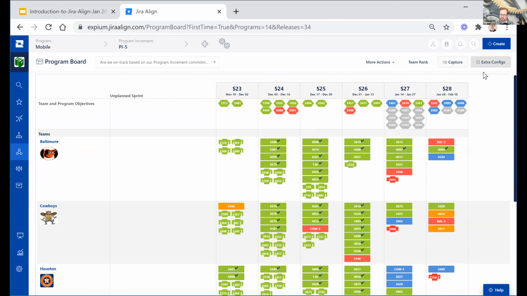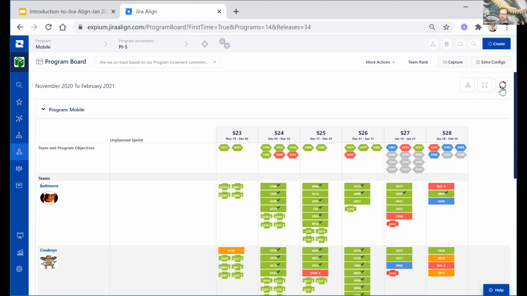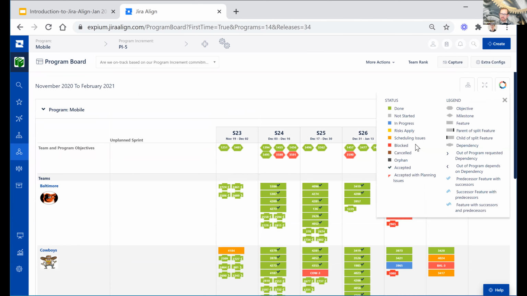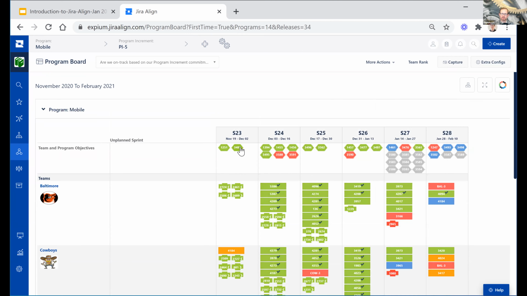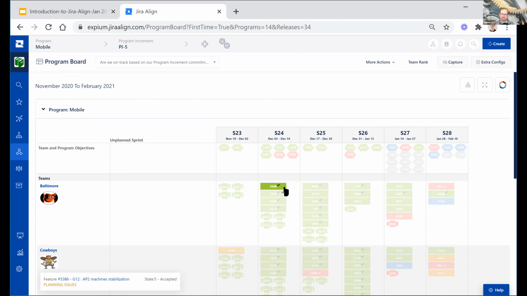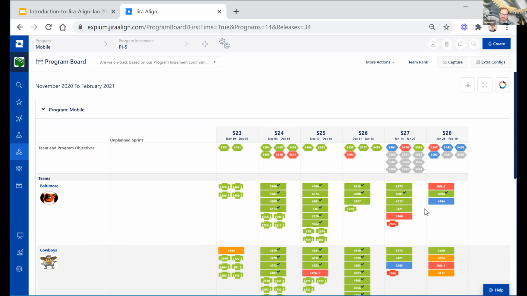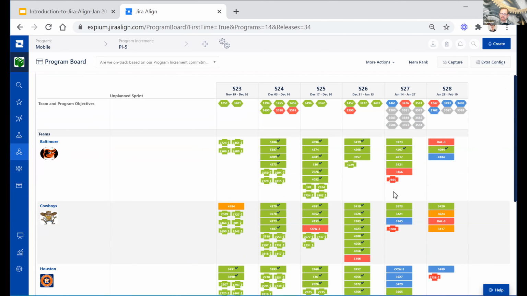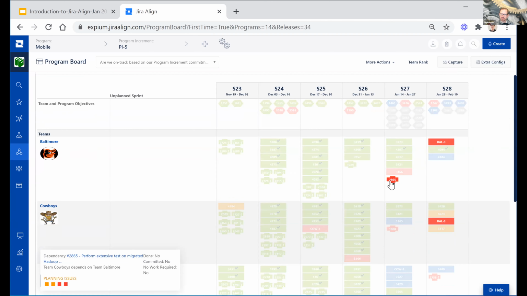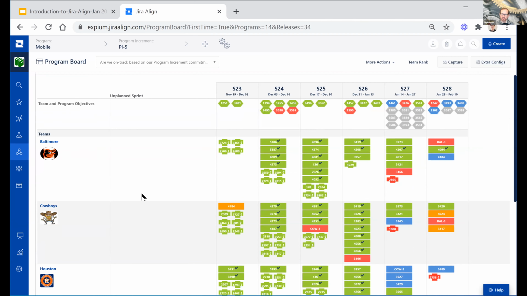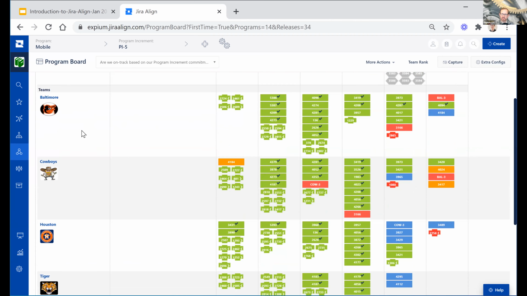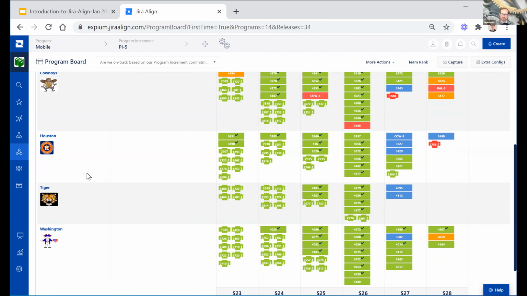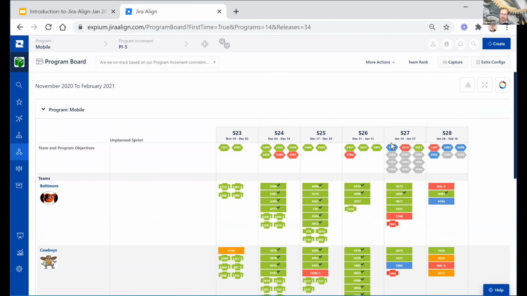There's a legend that you can look at to make sense of it all, based on the colors and the different shapes, where you have objectives up here. You have features that are being worked on and their status, and whether there are any risks or planning issues. You have dependencies here. These chevrons are dependencies, but you just get the sense that you can see all of what your teams in a given program are working on, and how the progress is being made at a high level here,